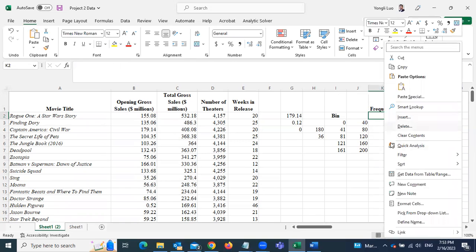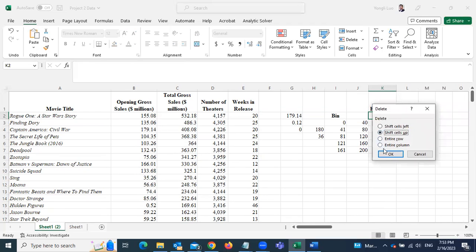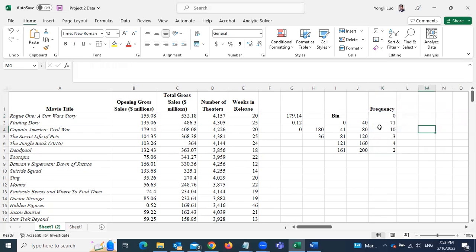Basically we delete the cell and move this one cell to the top. Now you can see the frequency distribution for each bin. The first category is 71 and the last group is 2. So we select all this data here and we insert